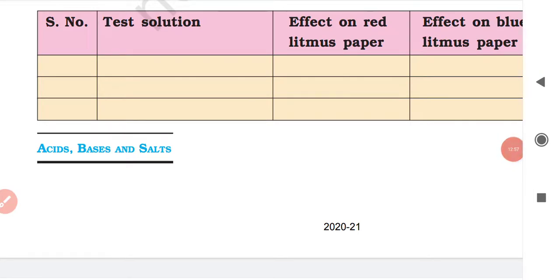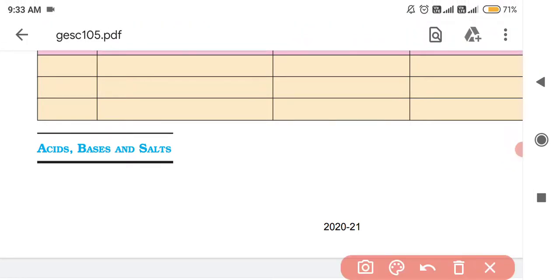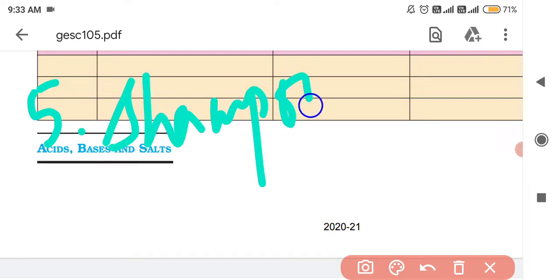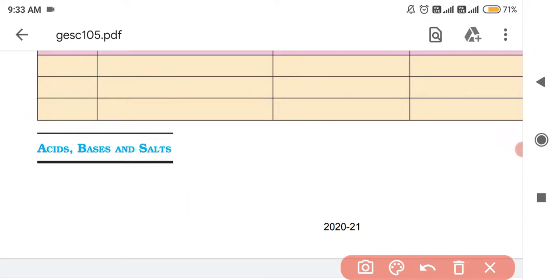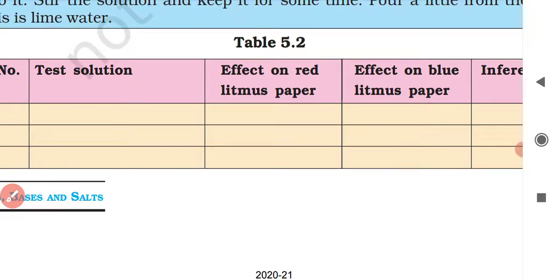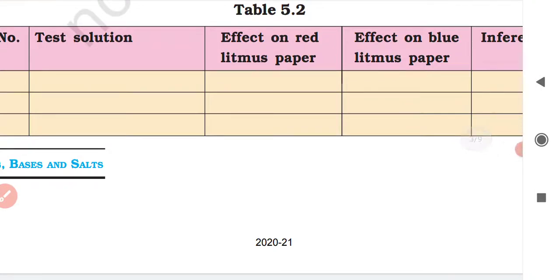Okay, next is shampoo, right? Yes, shampoo, number 5. Okay, shampoo. What is the effect of shampoo on a red litmus paper? Okay, so actually shampoos are slightly acidic to neutral in nature, but we'll write here